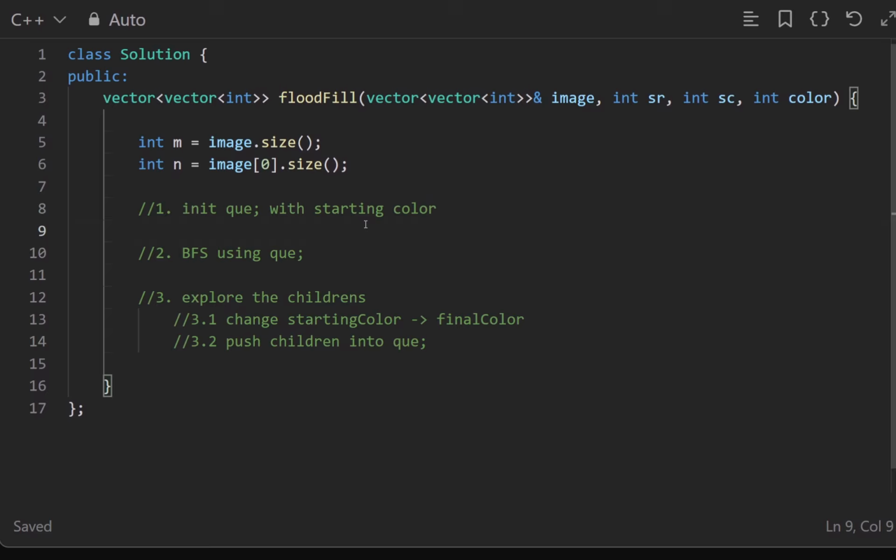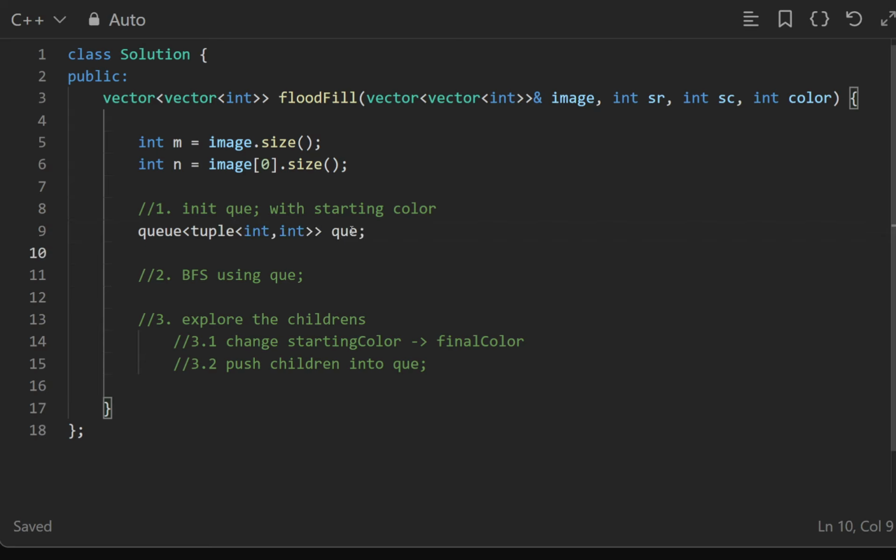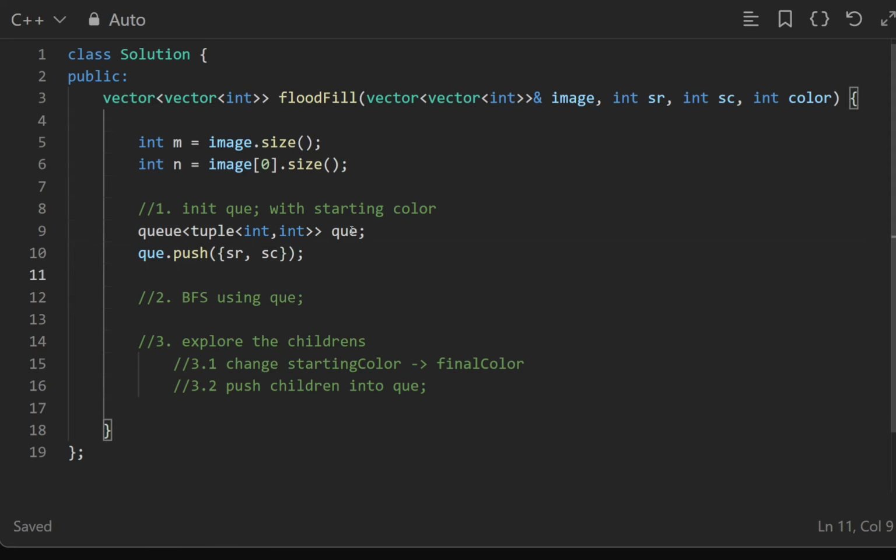Okay, so let's define the queue. You can use the tuple as I'm using, but definitely you can also use something else like pairs. It's more convenient for me, so that's why I use it. Now we will push the starting row and starting column, and here's the thing, we have pushed the starting color, starting pixel, so we have to change the starting pixel into the final color